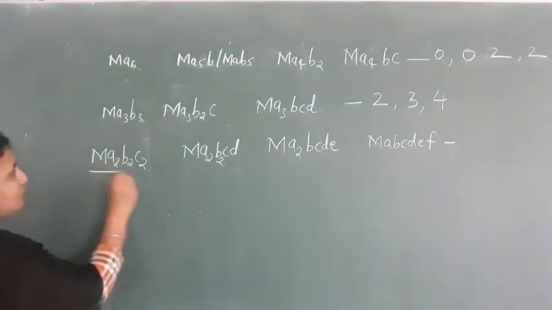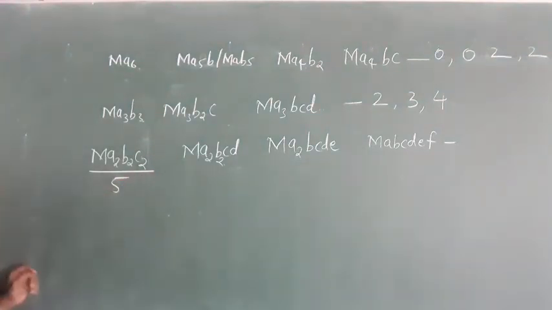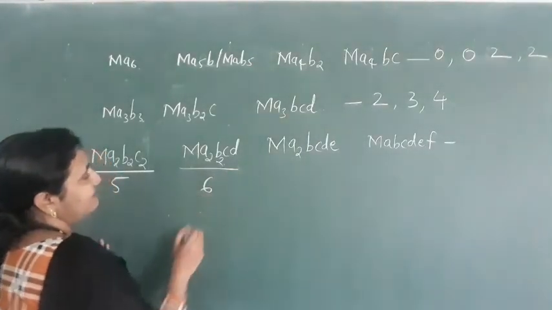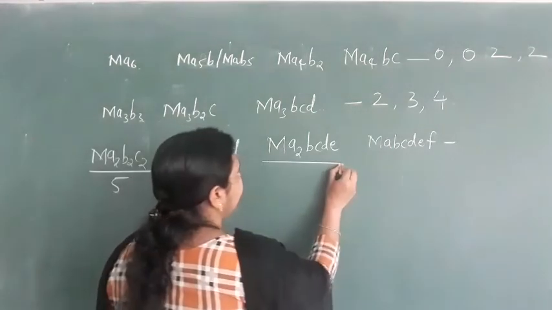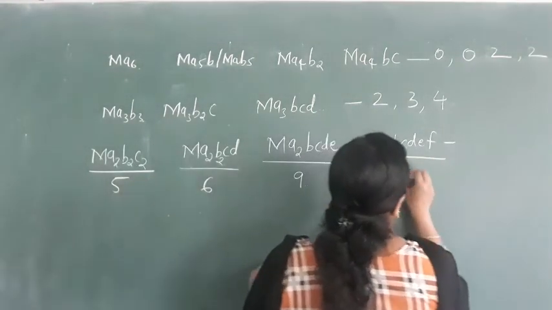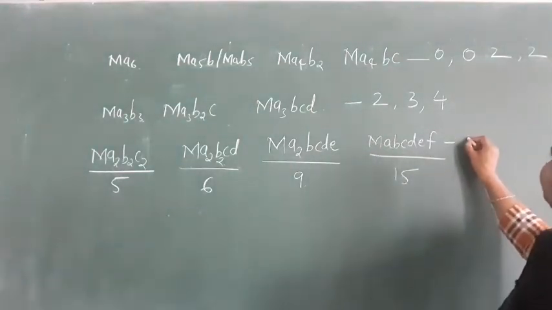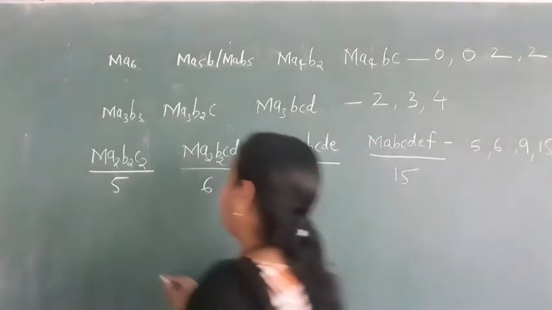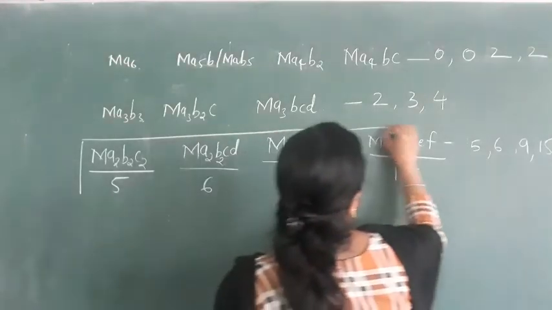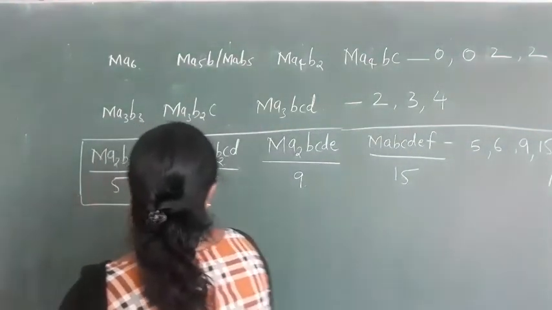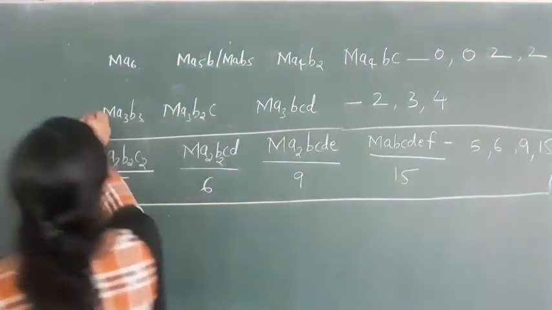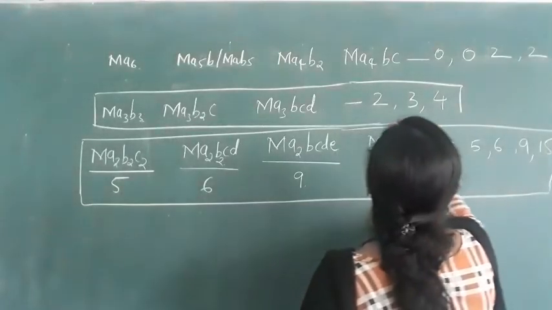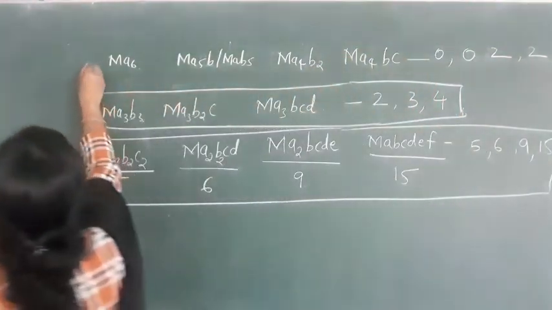Okay. Next we have MA2B2C2 type here. Here we will have 5 geometrical isomerisms. Okay. And here MA2B2CD, here we will have 6 geometrical isomerisms. Here we will get 9 and here we will get 15. So please remember this one. This is 5, 6, 9 and 15. So if you try, just make the combinations, you will get these numbers. You can remember this table.